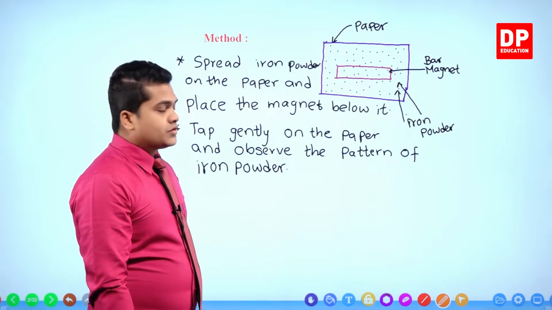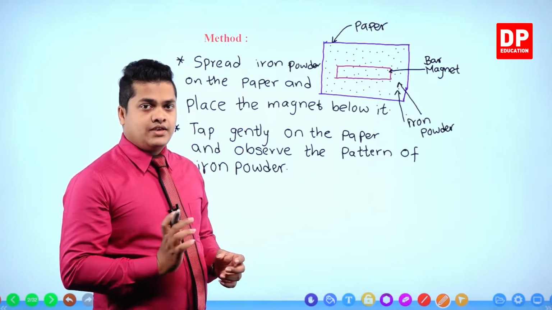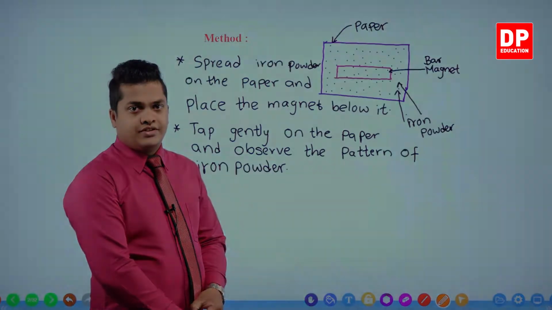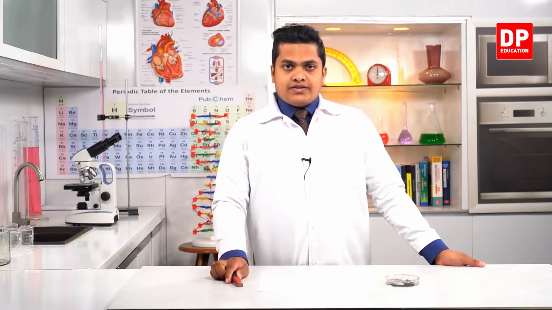Right. So this is the way of doing this experiment. We'll head out to the lab and see how to conduct the experiment. Right, my dear children. Now in this activity, we'll be finding out the area which the magnetism is going to